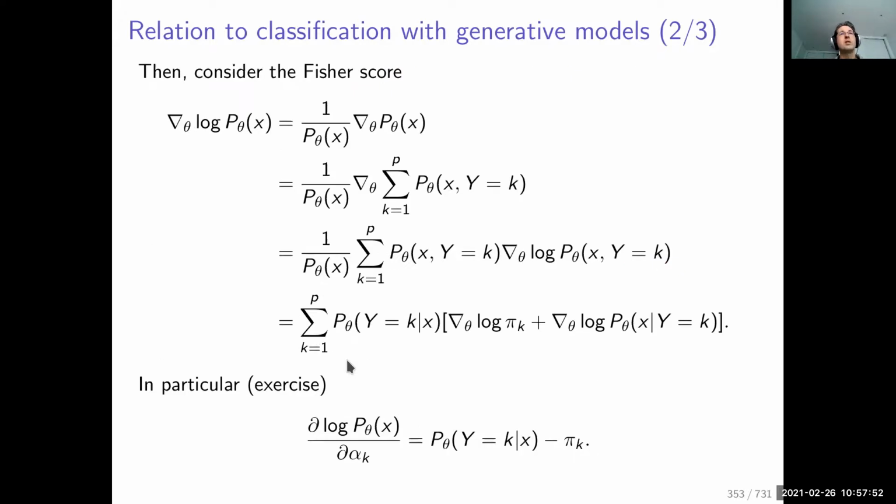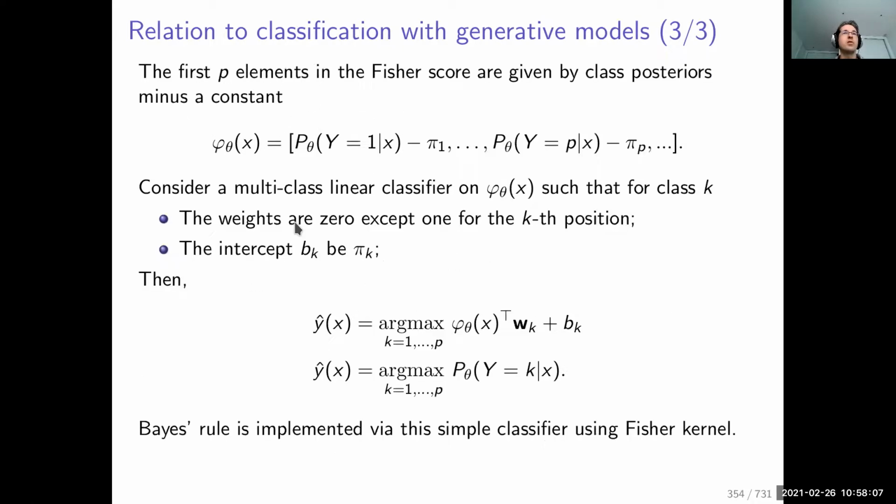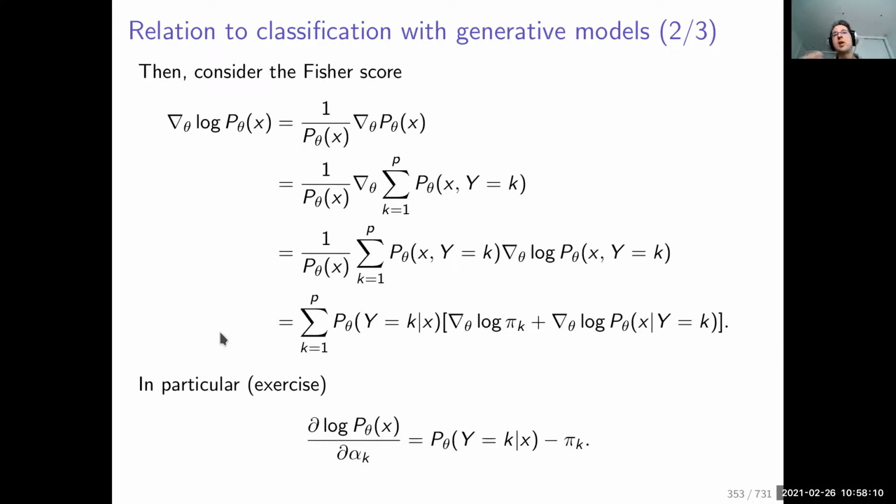So then, since we want to relate this MAP labeling to the Fisher score, let us compute the Fisher score, which is the gradient of the log p theta of x. Here we are going to do a few steps that are not very interesting, but that will simply help us obtain some conclusions. You can look at this at home.